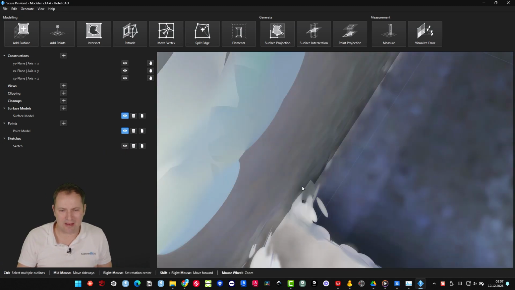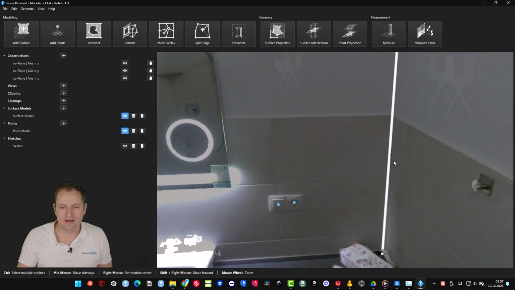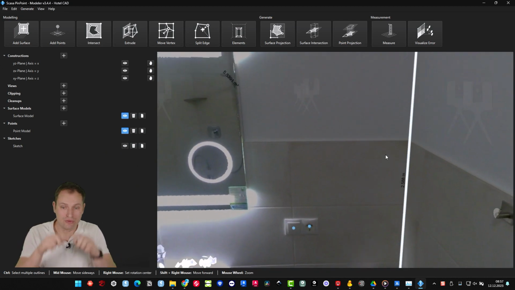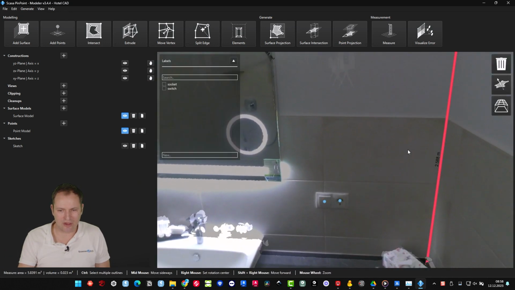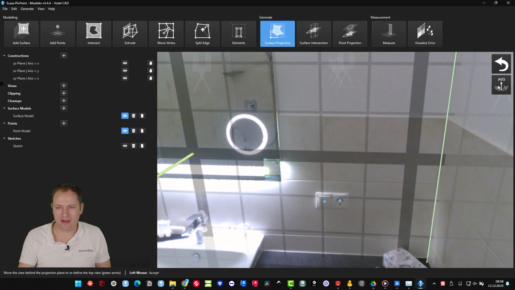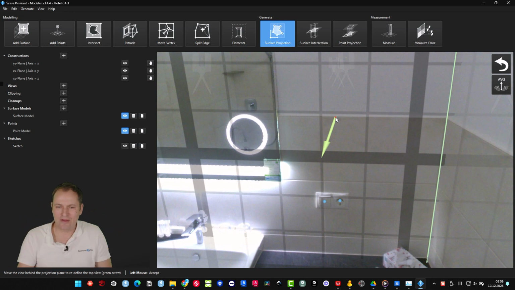The second way is, let's say you are the guy who's making the tiles, and you might be interested to use the shape of the room to prepare your tiles and drill the holes already, so you don't have to do it on site, on customer side. So what you're going to do is you select the polygon again, you use surface projection again, and then again average, because we know the wall was a little bit off.